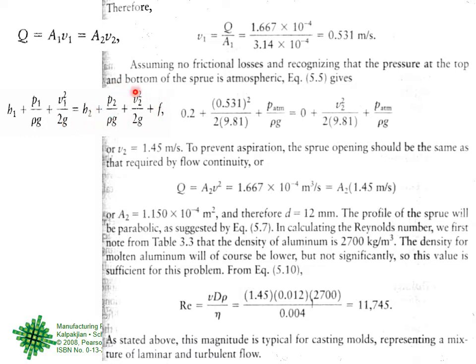We will take this side first because this is the bottom. Of course, we are taking the friction loss as 0. You should write that we assume the sand mold is made with good surface finish of the sprue, so friction loss is 0. Now this H2 is the total height at the bottom. So this is 0.2, the height. And H1 is 0, because if you are starting from here, you are going here. So the height of the liquid column there is 0, and the height of the liquid column on the other side is 0.2.